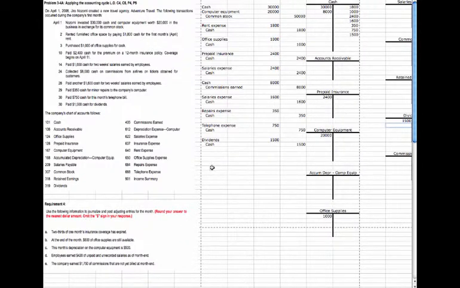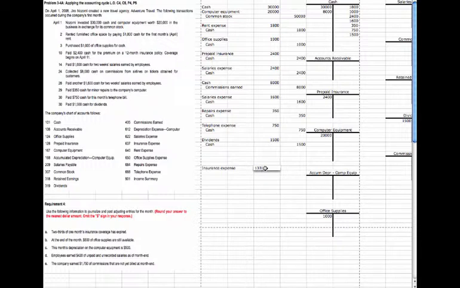So our adjusting journal entry is going to be a debit to insurance expense. Now remember, the expense account says that we receive the benefit of the use of that asset. So when we use up our prepaid insurance, as we did up here where we created it, we recognize that when we use an asset, we get an expense. So we're going to debit insurance expense for $133, which once again,